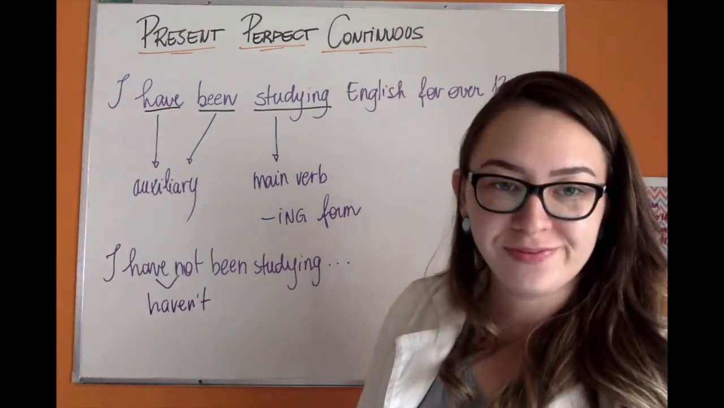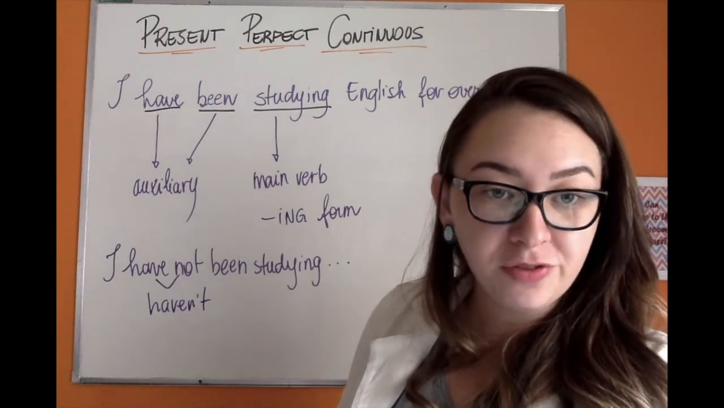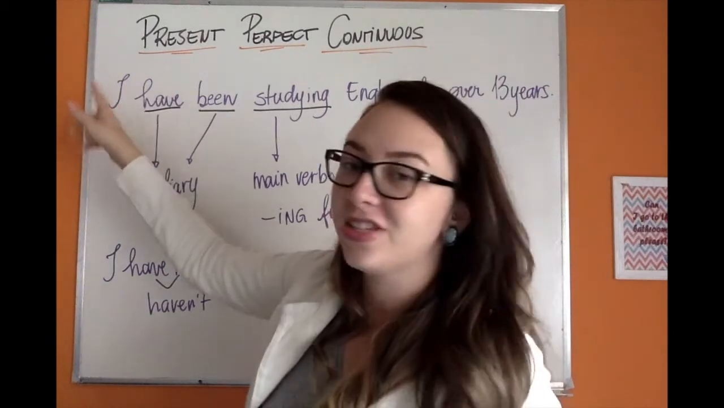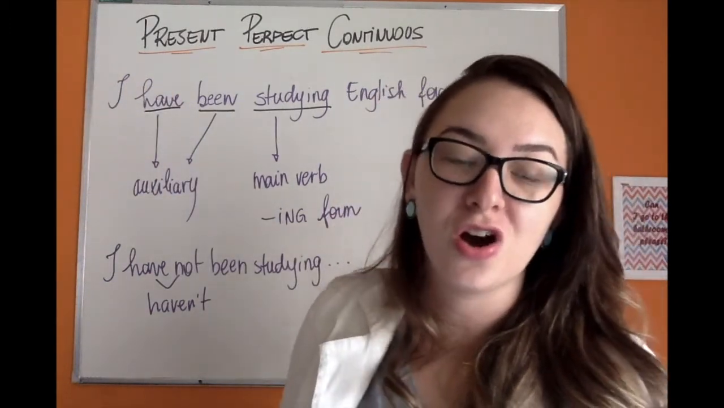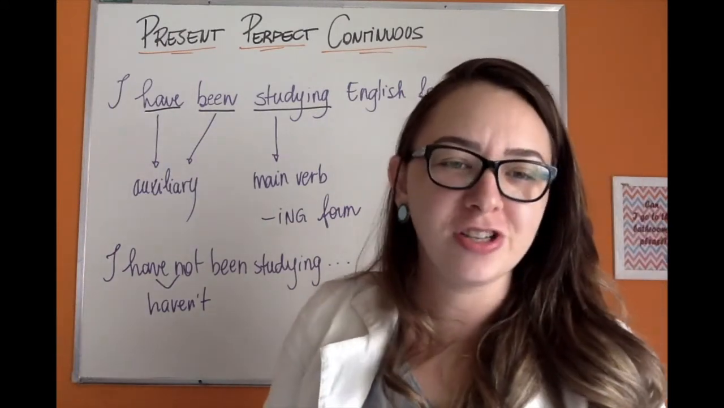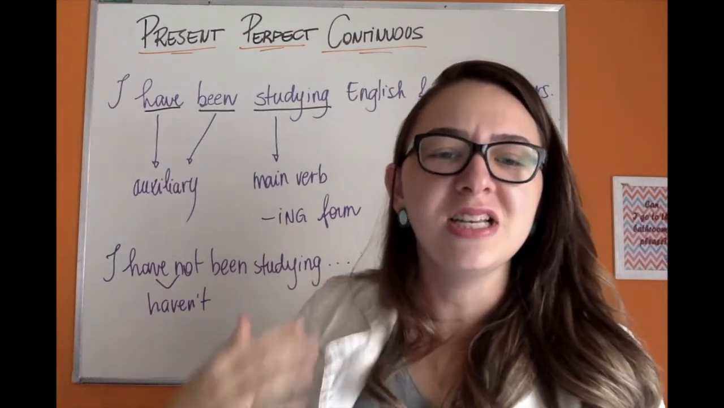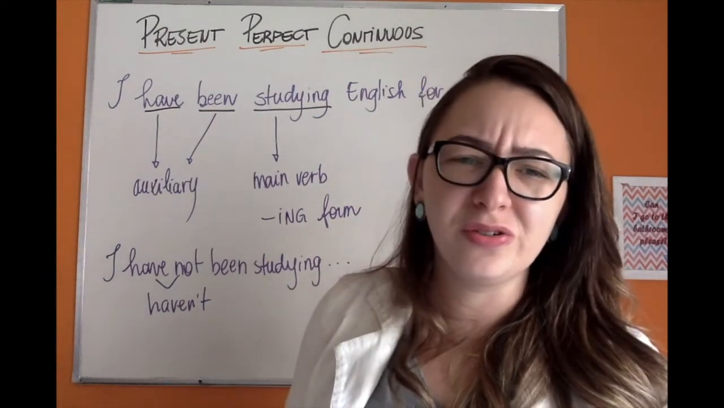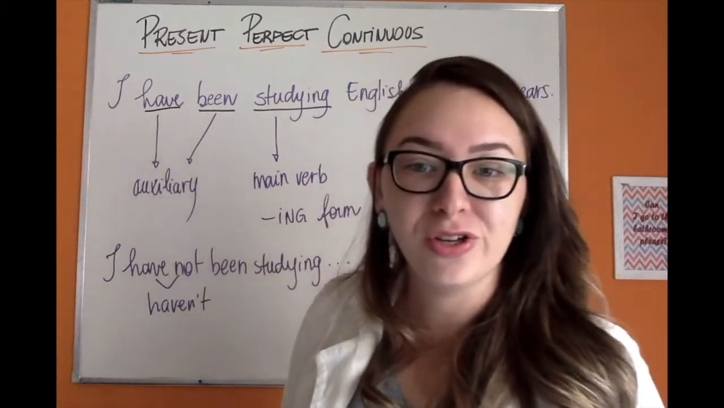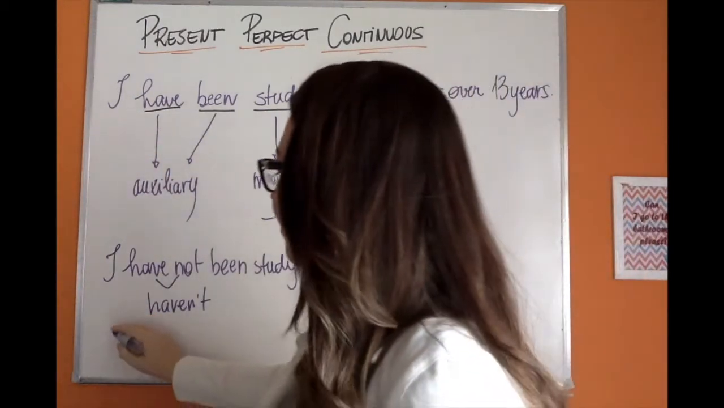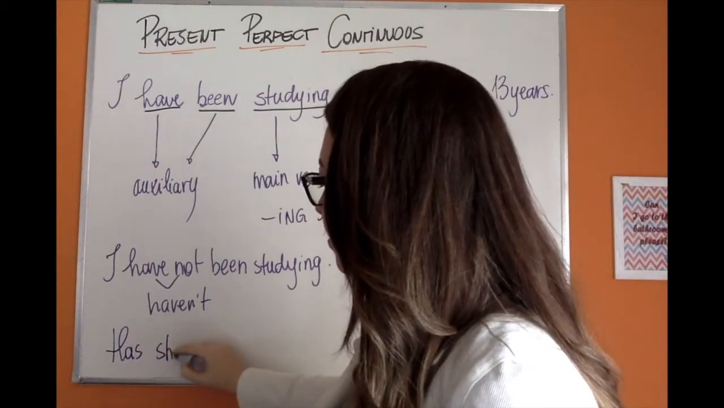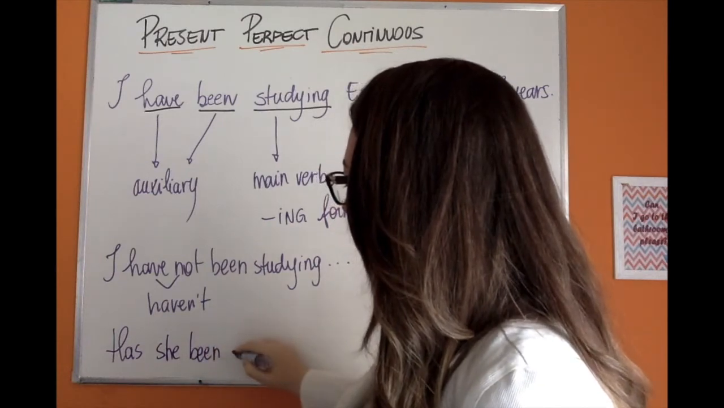Which is the contraction. Now, if I want to make a question from it, I think you remember what I have to do. I just got to invert the order of the first auxiliary verb and the subject. I'm going to change the subject here because asking something for myself is a little weird. So instead of I, I'm going to use she. So my sentence is, has she been